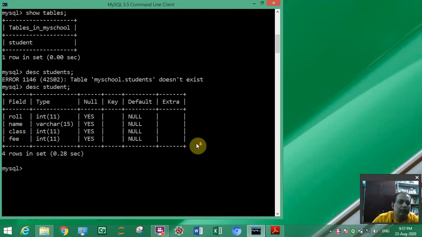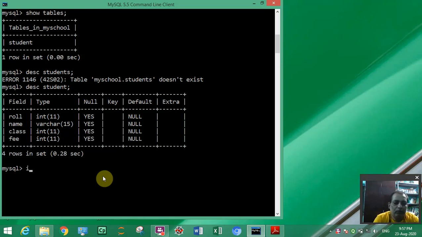We have in this table 4 fields: roll, name, class and fee. So suppose we know only roll, name, class, but not the fee given by the student. So at that time, how to insert a record in the table?